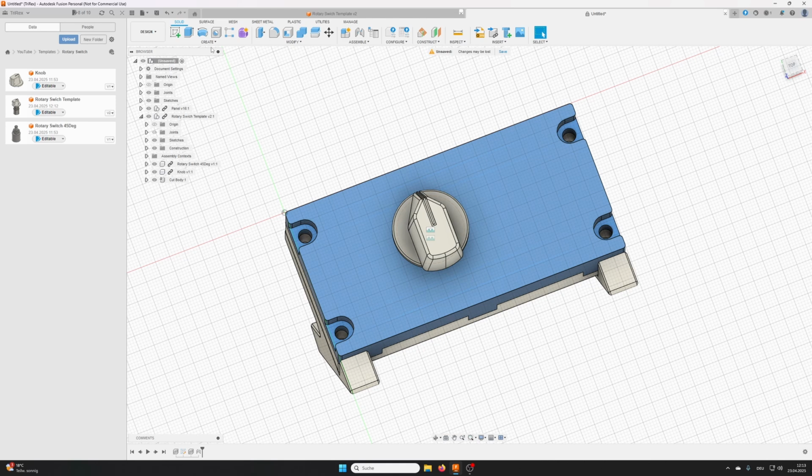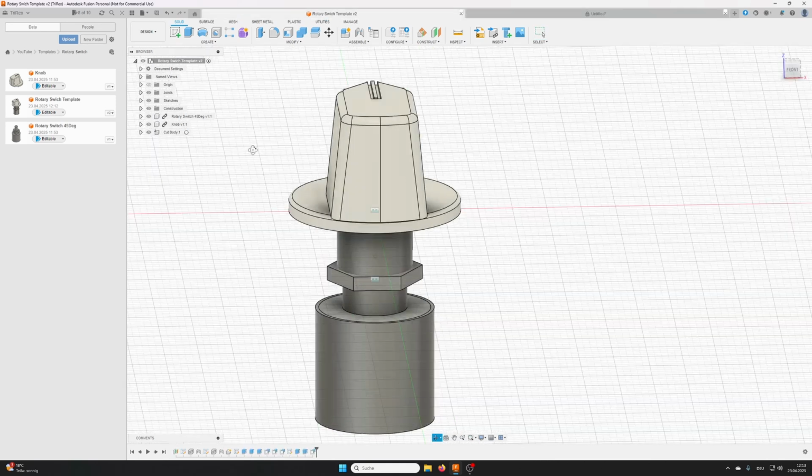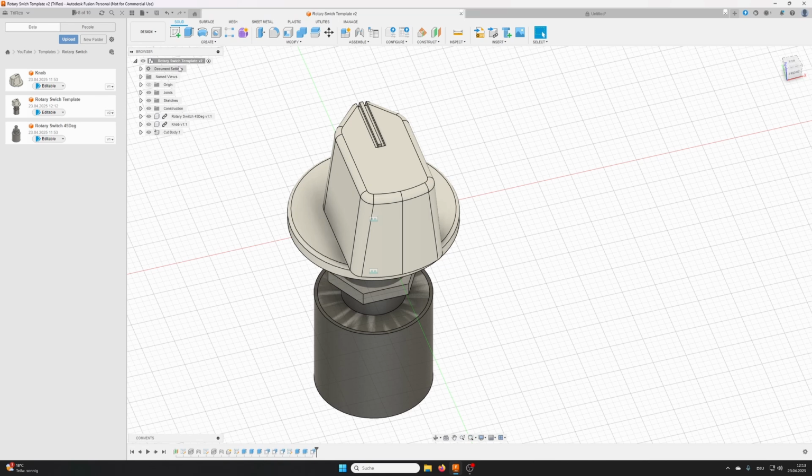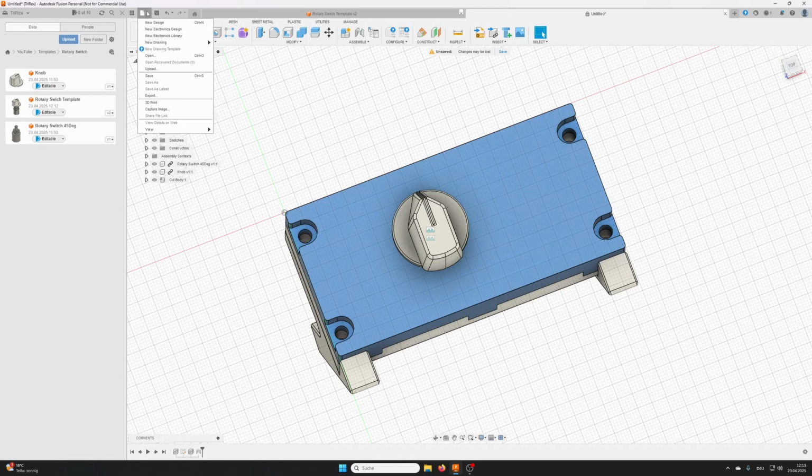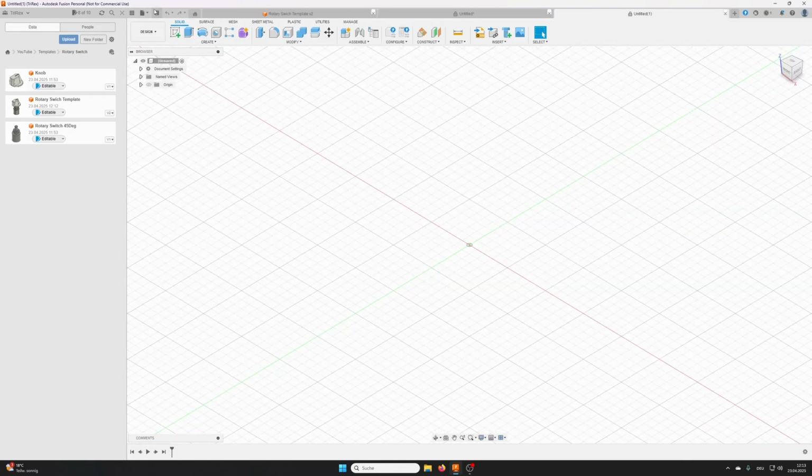And for this, I'm creating a new document. I will not create it within this template. There's a reason behind this, because I don't want to break the link of the rotary switch later in our panels. I just want to break the link to the label template. Create a new document and